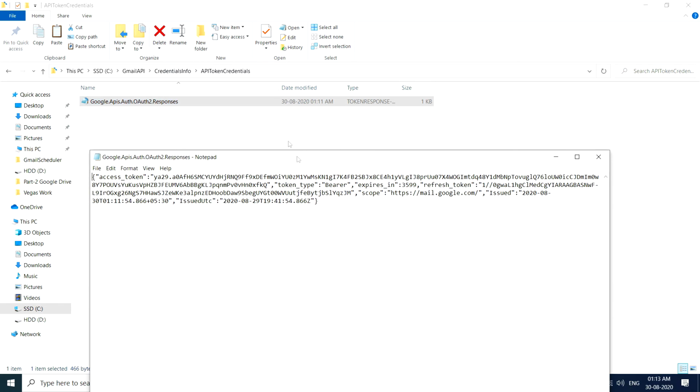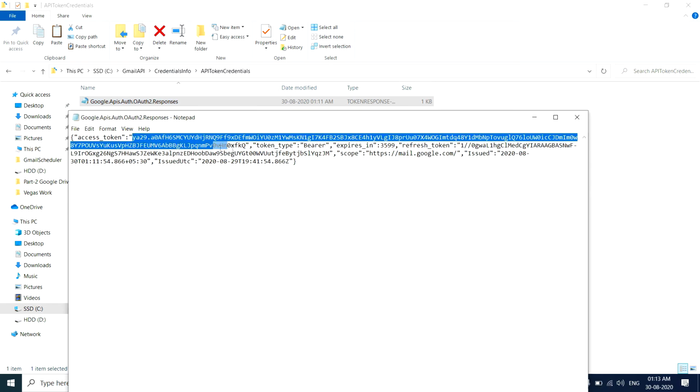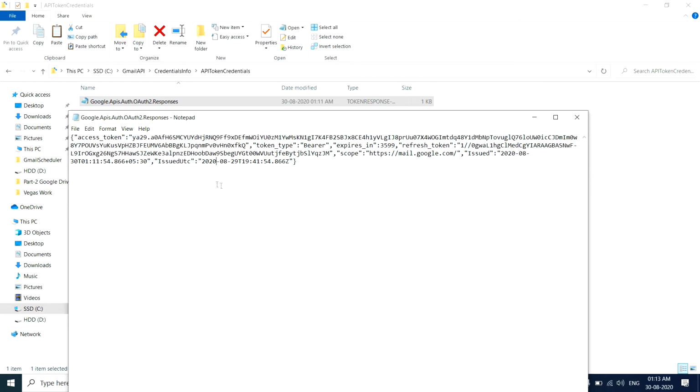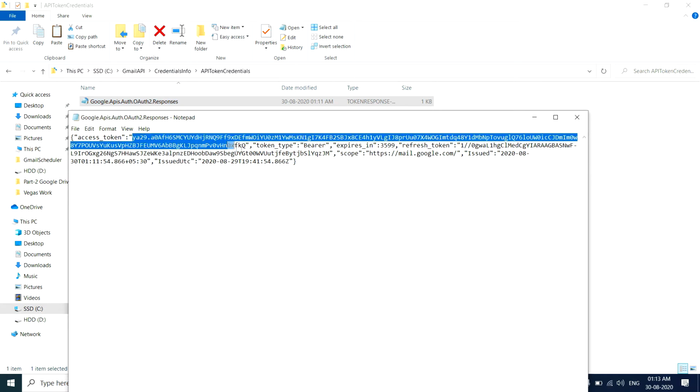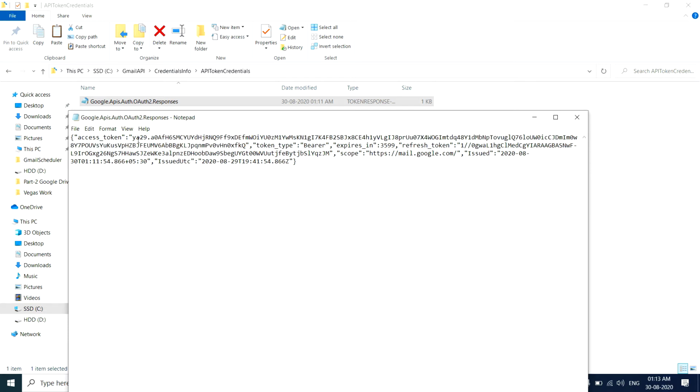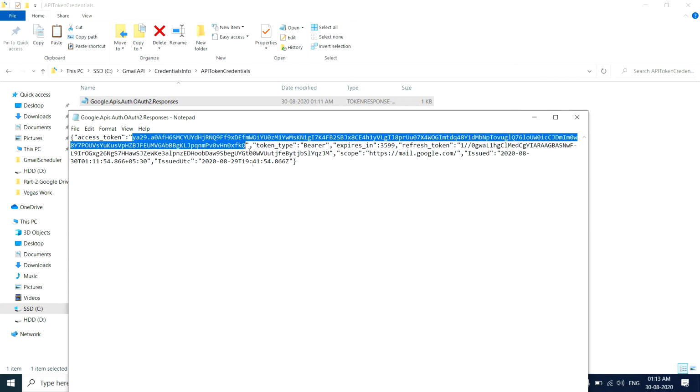You can see this is the token key. I already talked about this. Google provider maintains token based authentication. So when my application first communicates with any kind of Google API, the first time the Google server provides a token. After that, any further communication made by my application uses this token key. So this is nothing but token based authentication.